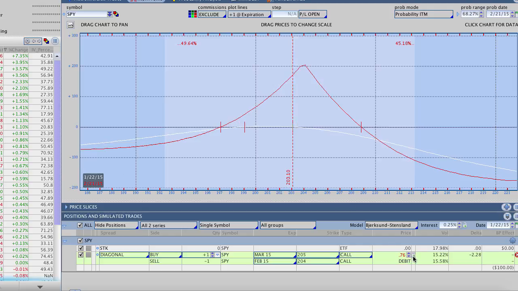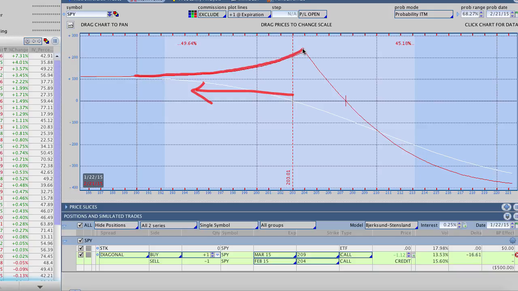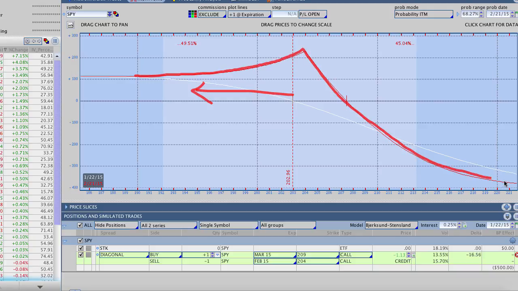Now, if you wanted to create a higher credit on the bottom side of the trade, basically what you would do is take your long strike in March and move it further out of the money. I'm going to do a really extreme example here. You can see that if we move this strike all the way out to 209 from 205, this leaves us with a massive credit of $1.12. Now we are definitely directionally bearish on the stock. This is exactly the direction we want it to move, and the payoff diagram is much closer to just a regular credit call spread.